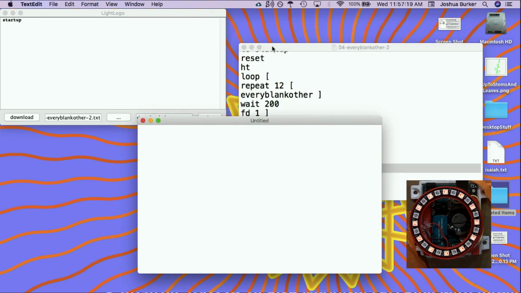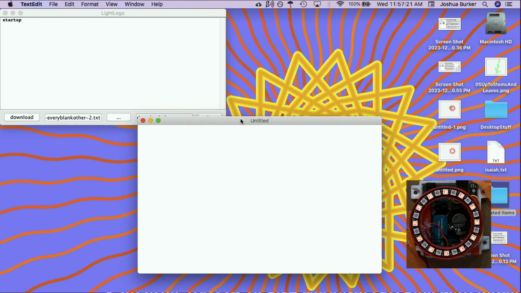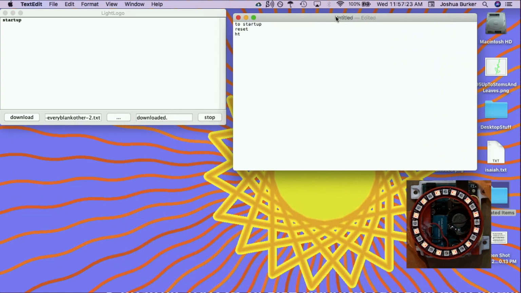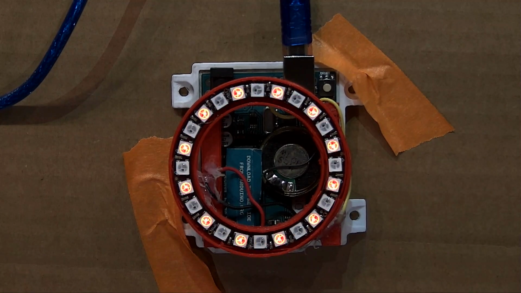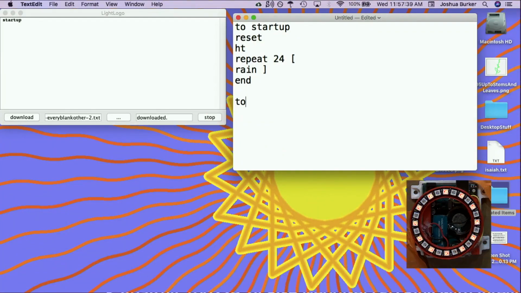So one idea here is let's randomize where the turtle goes, and we can even randomize what color the turtle is using, and let's make a little rainstorm even though it's beautiful out. So I'm gonna tell it to repeat 24 times rain, and then I'm gonna end, okay? Of course, we need to define rain, so we're gonna say to rain, and we're gonna use a couple new